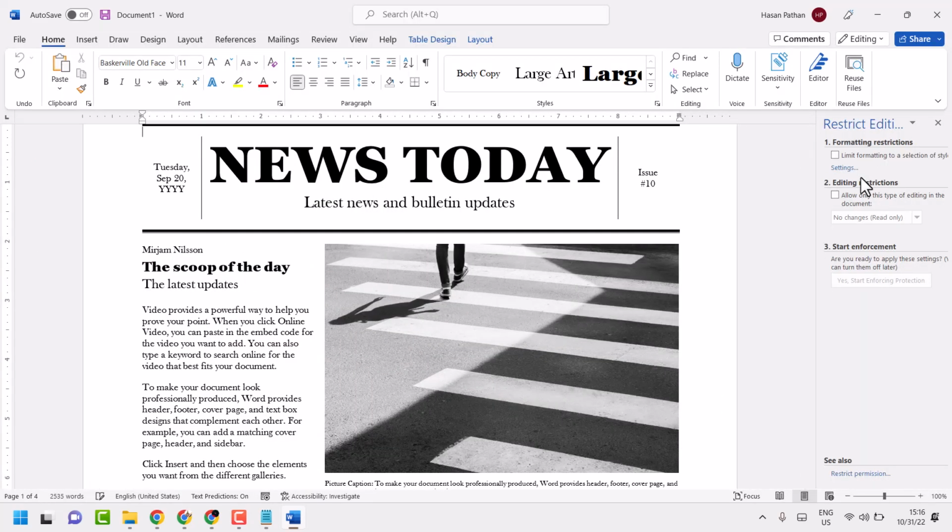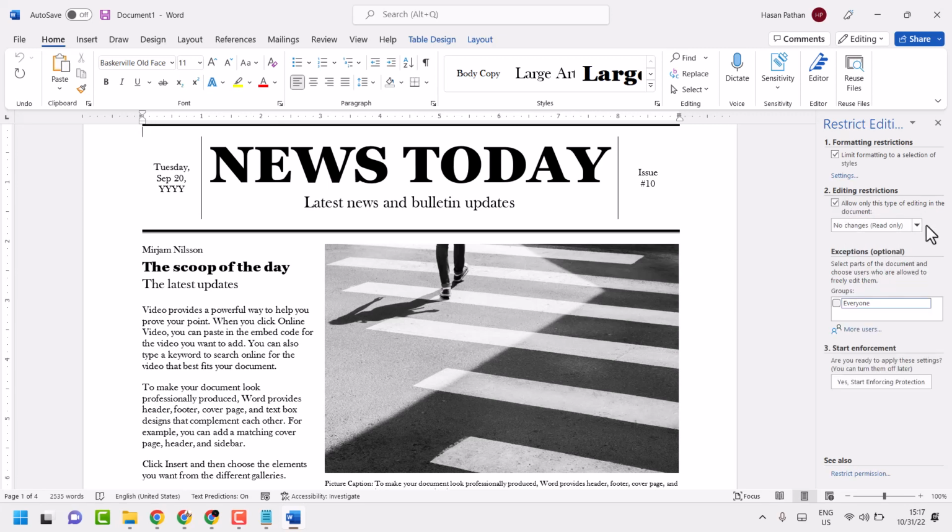Here are some options you can restrict: formatting, limit formatting to a selection of styles. Second option, editing restrictions. Allow only this type of editing in the document. Here you can select,